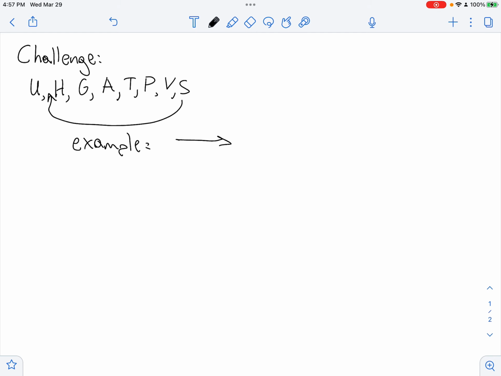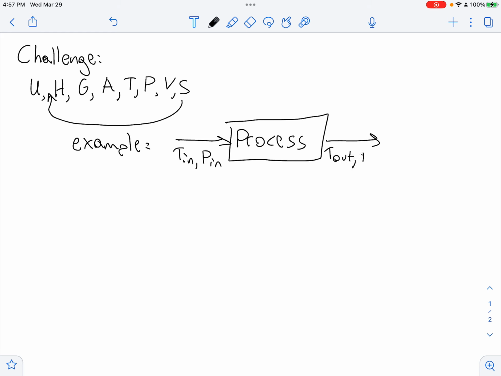So if I had a process in which a gas at a certain temperature and pressure went through the process and came out the other side at a different temperature and pressure, we may want to know delta H, right? So we may want to know delta H, and perhaps we would like to express H as a function of temperature and pressure so that we can plug in the input and the output temperatures and pressures. H is going to depend on a lot of things, including temperature and pressure, so how do we do that? Alternatively,